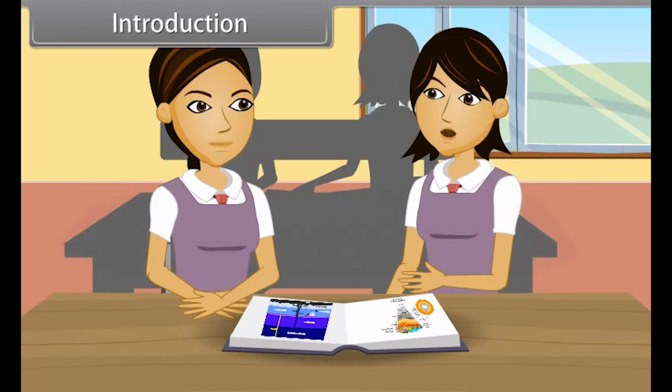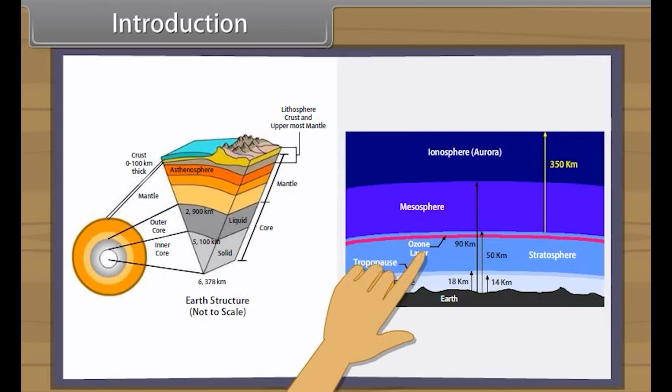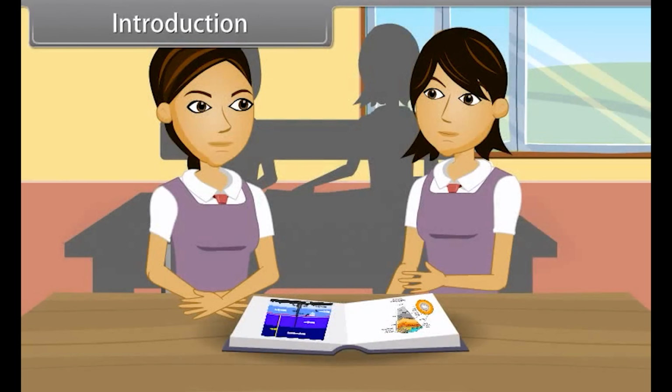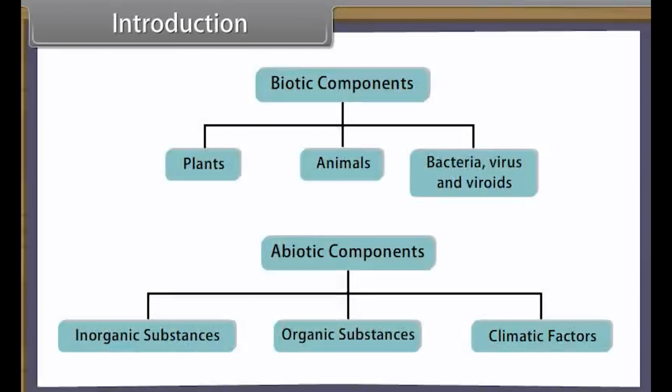Atmosphere includes the gaseous cover around the hydrosphere and lithosphere like a blanket. Atmosphere extends to several kilometers in height from the surface of Earth. It is differentiated into four parts: troposphere, stratosphere, ozonosphere, ionosphere. So we can say biosphere is formed mainly of two components: biotic components, all living things; abiotic components, air, water and the soil.